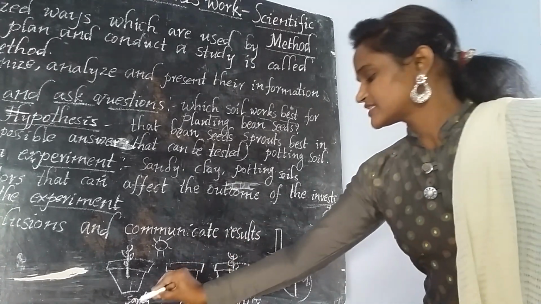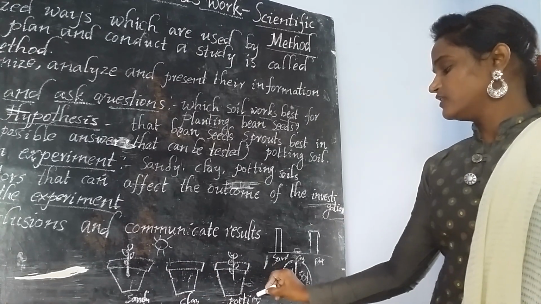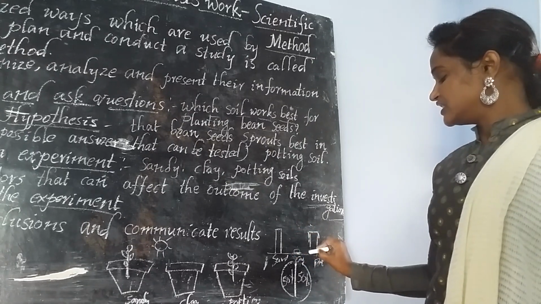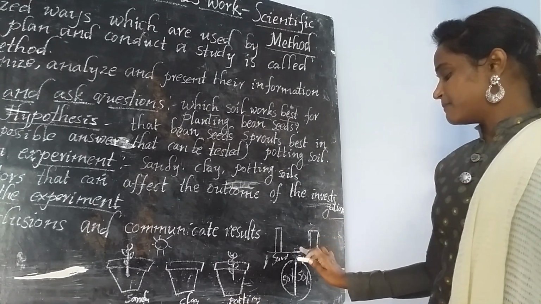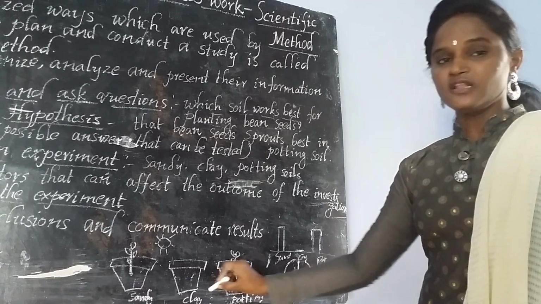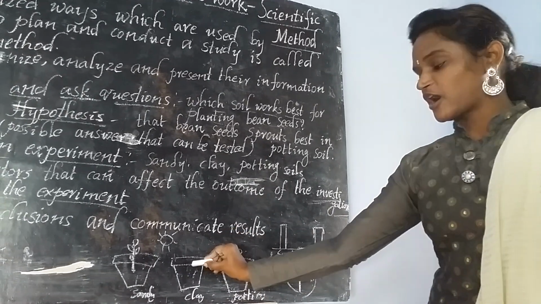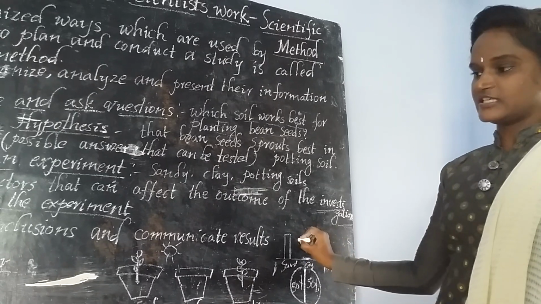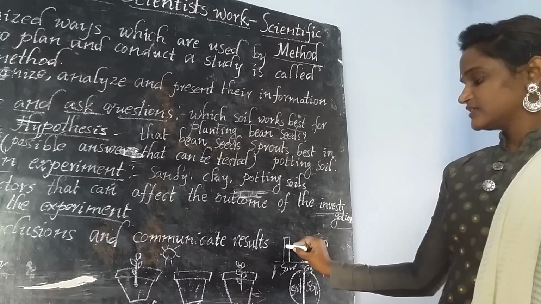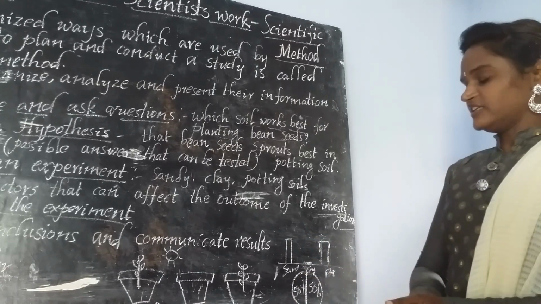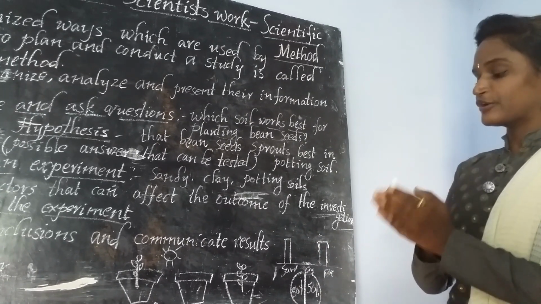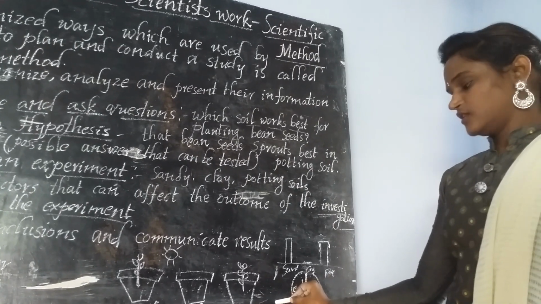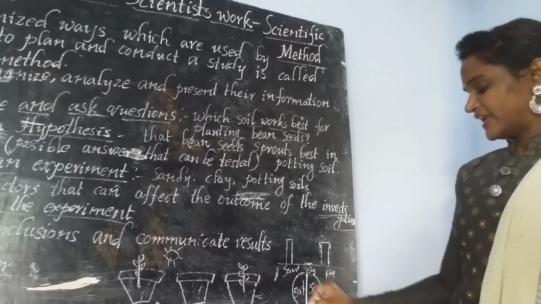Here, in both the sandy soil and the potting soil, the height of the baby plant, meaning the bean plant, is the same. But in the middle, the clay soil, we did not find any sprouting of the seeds. That's why we draw the graph like this. By seeing this, we are able to understand the result. The result explains that the bean seeds grow well in the sandy soil as well as in the potting soil. What about if we talk about a pie diagram?